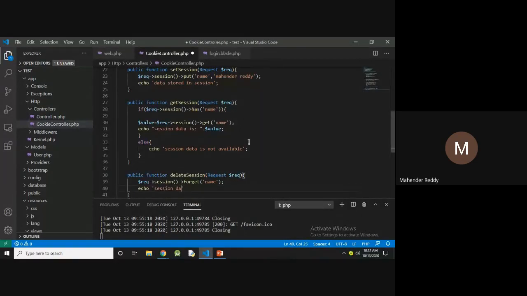Then the message: session data is deleted.